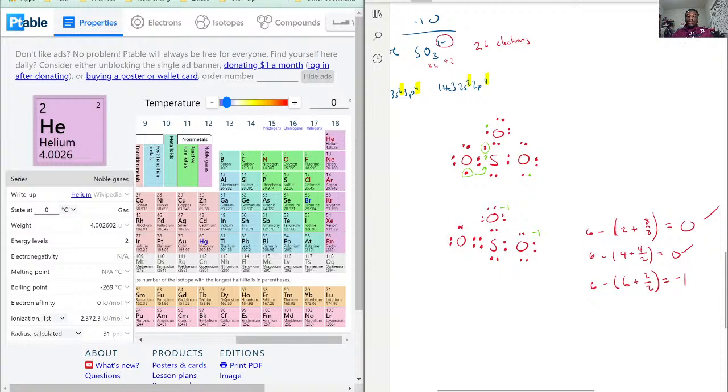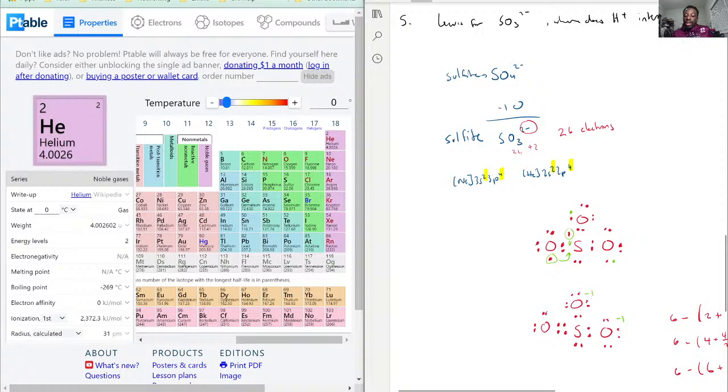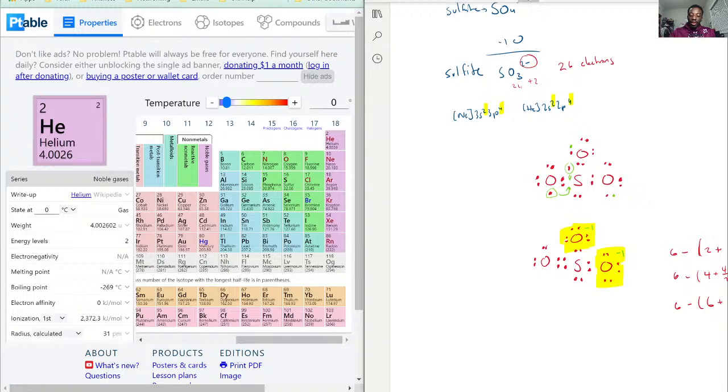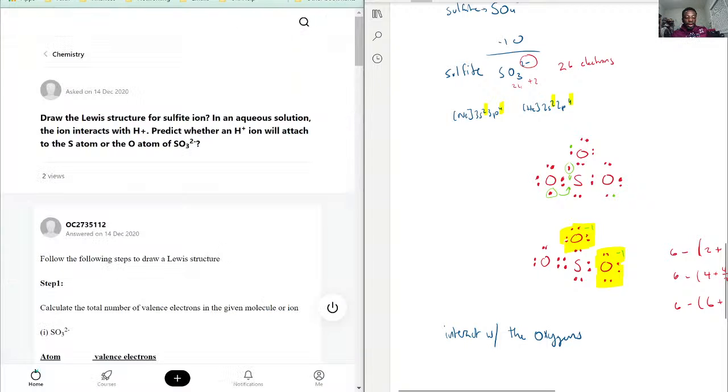So with that being said, the question is asking, where does a proton interact? Considering now that we've located where the formal charge will be negative, since a proton is literally just like a positive sphere, it would be attracted to the negative parts. So it would not be the sulfur that it is going to interact with, it would be the oxygens. Okay, so that's what's going to happen there. The molecule is going to use the oxygens to interact with the protons when put in an acidic environment,